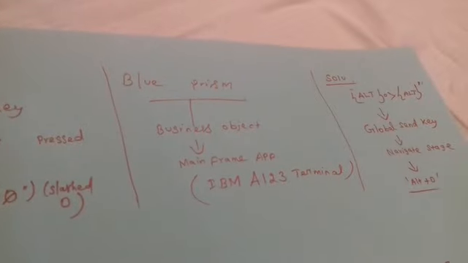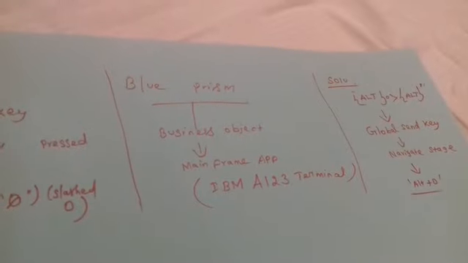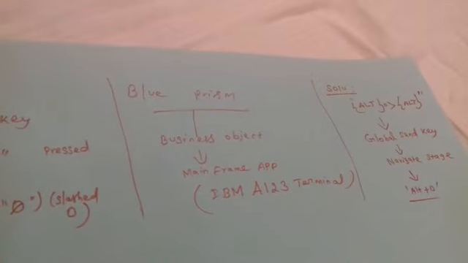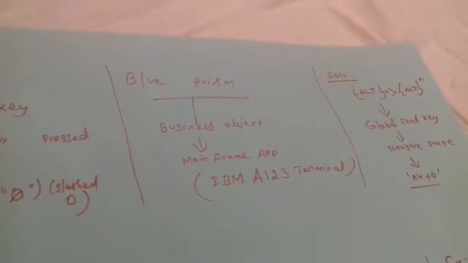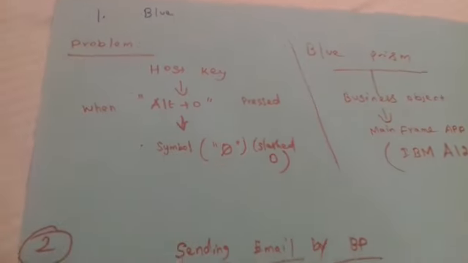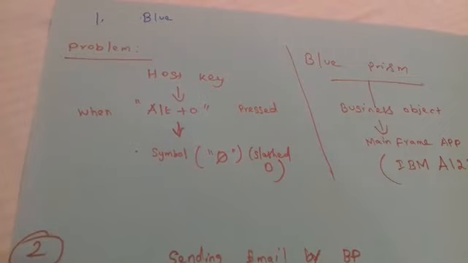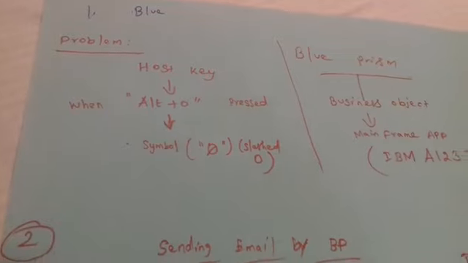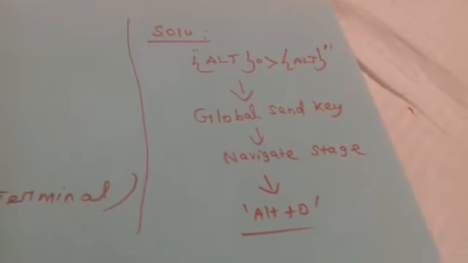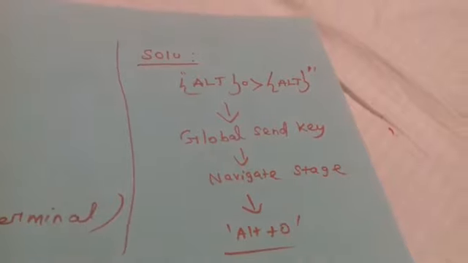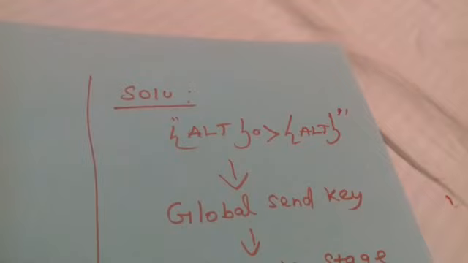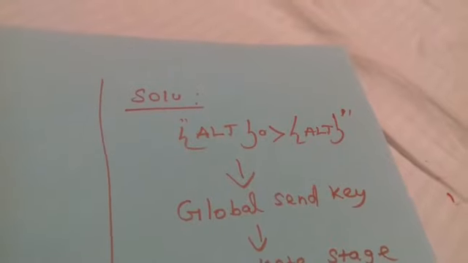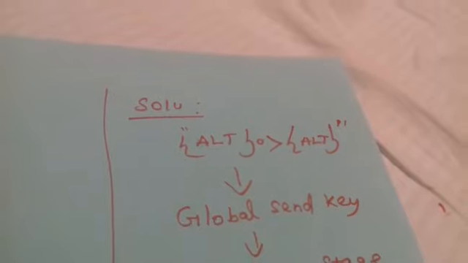In mainframe, if you are using any terminals with a Blue Prism business object, when you send global send keys, some of the symbols will cause problems. So at that time you have to go with the navigate stage in global send key events. You have to make sure the event will be in double quotes,